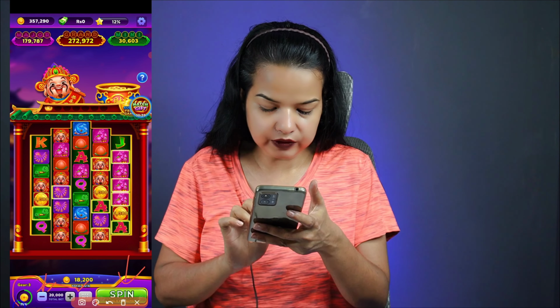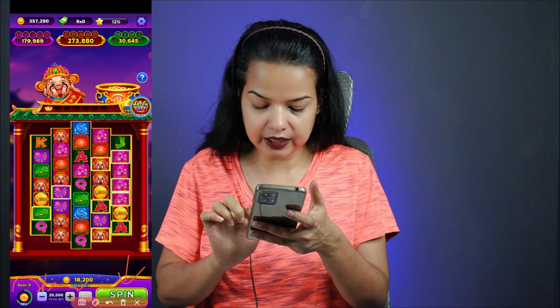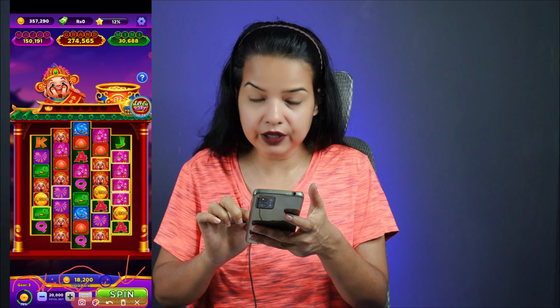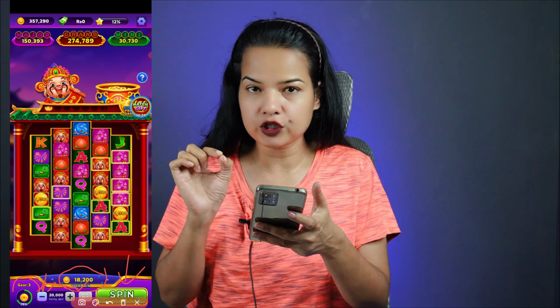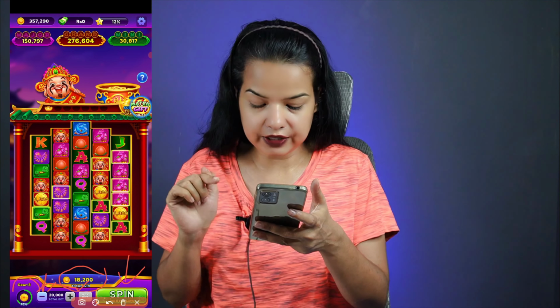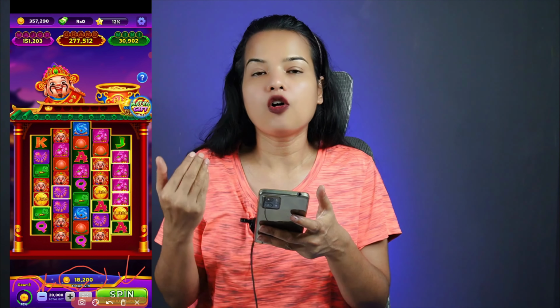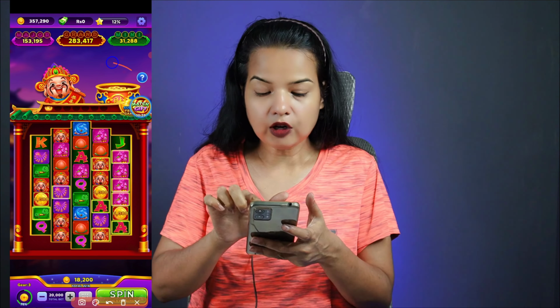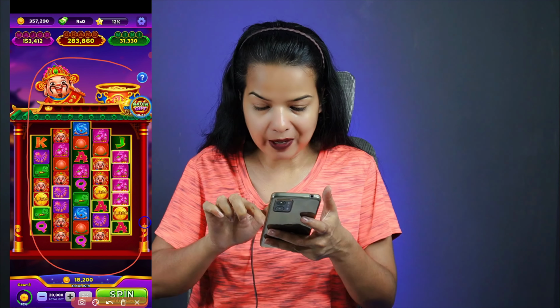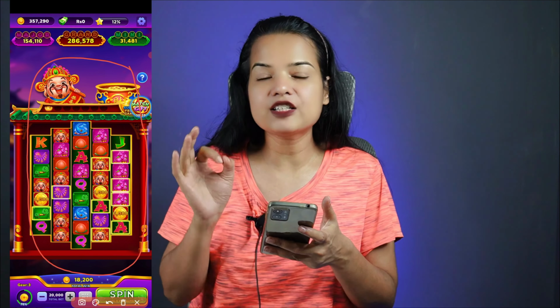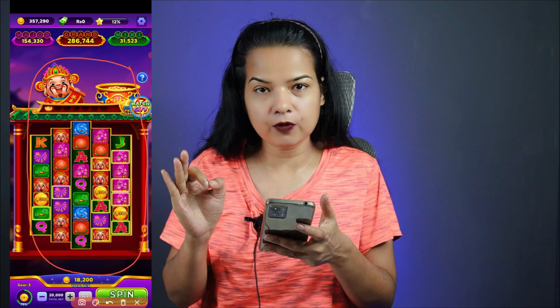And gear 3, that is 70%. Here it is mentioned how many coins you win per spin. You can check it. I earned 18,200 total coins as I spun on the Copper Boom application. Now this is the interface of the Copper Boom application. To check withdrawal, let's explore every option of the application.